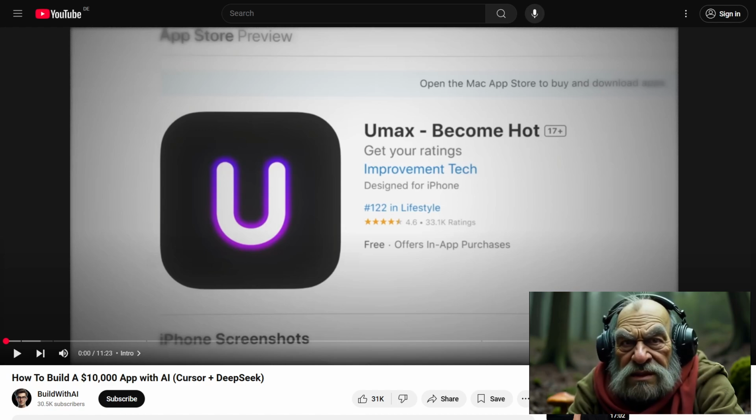Sounds fancy, doesn't it? But let's be real. If it were that easy, every squirrel in my bog would be a tech mogul by now. So, get ready for a wild ride through the land of overhyped promises and questionable advice. I can already smell the desperation from here. And it stinks worse than my bog after a rainstorm. If you're curious to see whether this video actually delivers or just serves up a steaming pile of digital fluff,